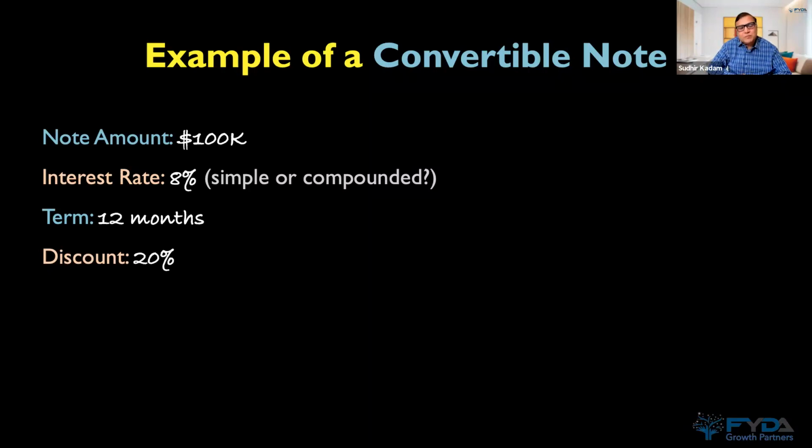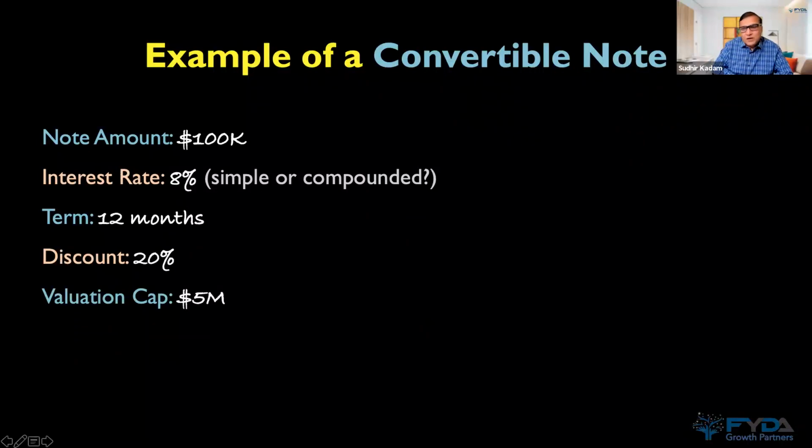Why has the valuation of the company gone up? Because this guy has paid you the money which you used to achieve certain milestones to increase that valuation in your company. So obviously he has to be at an advantage, right? Investing early, playing blind, when there is no way to value your business. So he will ask you for a discount. That means if somebody values your company at 20 million, then his equity should be looked at as 20 million less 20%. So you will take that 4 million out. So, he will be assigned equity for 100K based on 16 million.